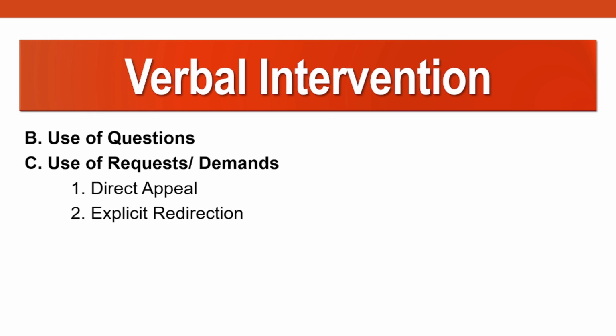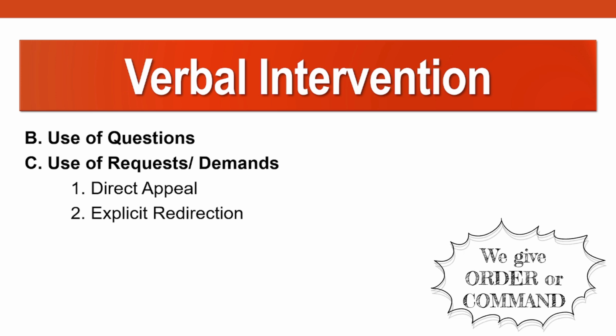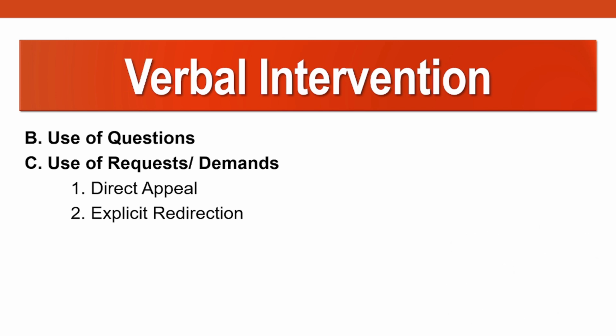For instance, a student, Sarah, is off task, and you say, "Miss Sarah, instead of chatting, I need you to start on the assignment now." In explicit redirection, you give a specific and direct command to a student to change their behavior immediately. As you can notice, it is somewhat similar to direct appeal. But, again, in this technique, the goal is to quickly redirect the student's attention or actions to the appropriate task